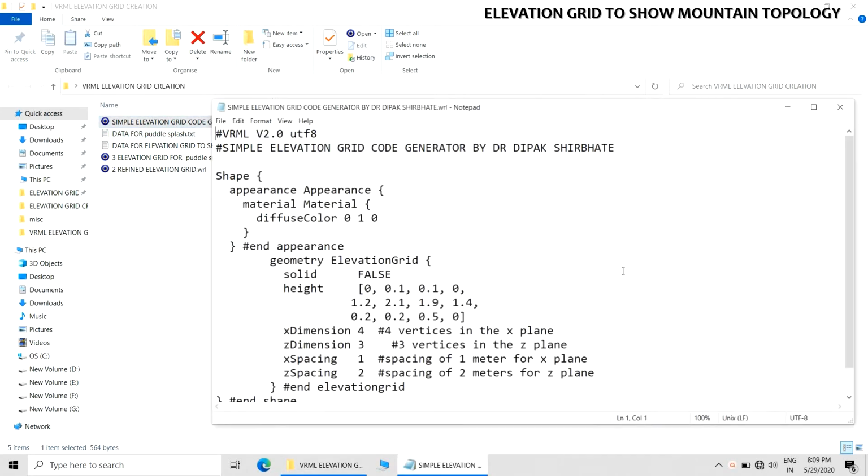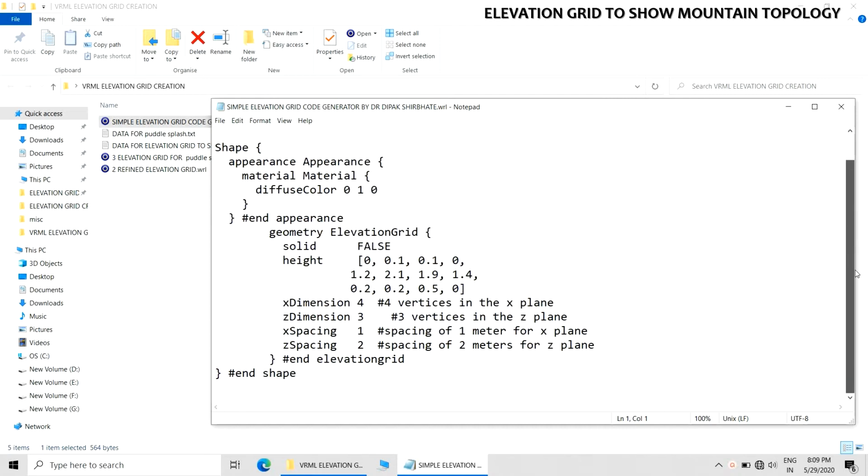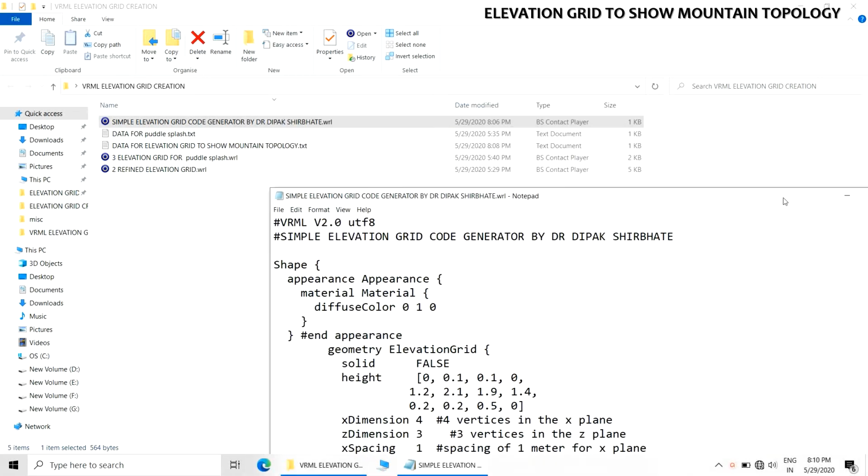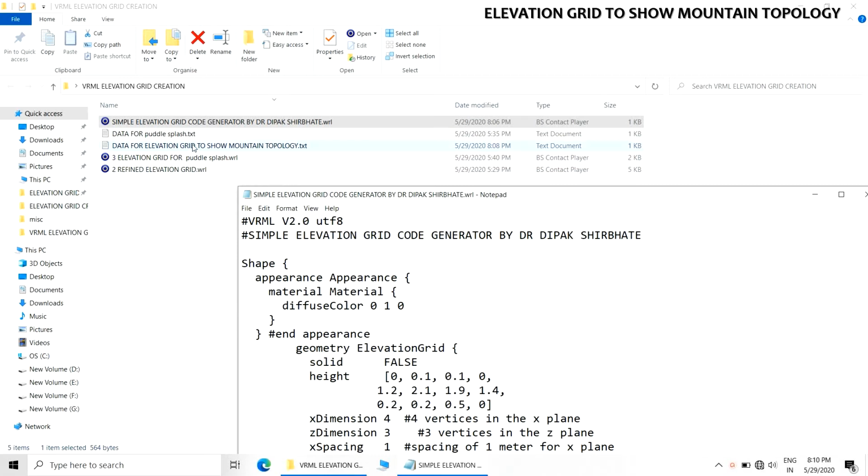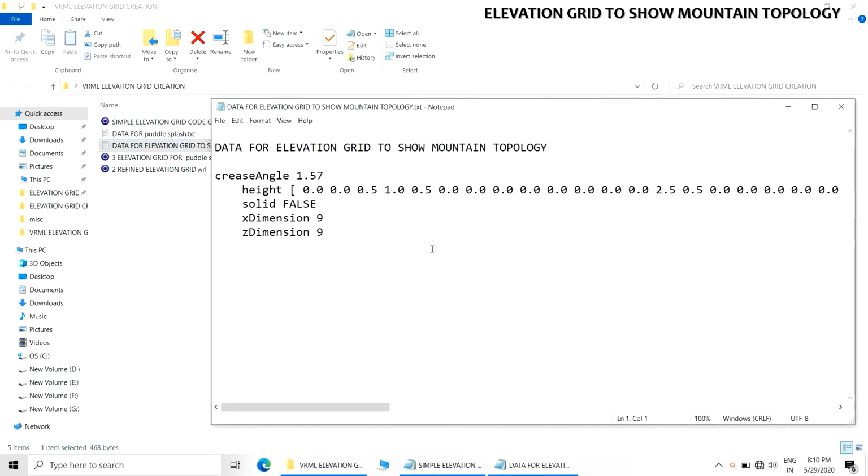So now again the original code I have copied in this particular file, this was the original code, and I will be creating the mountain topology with this code. So this is the data for the mountain topology.